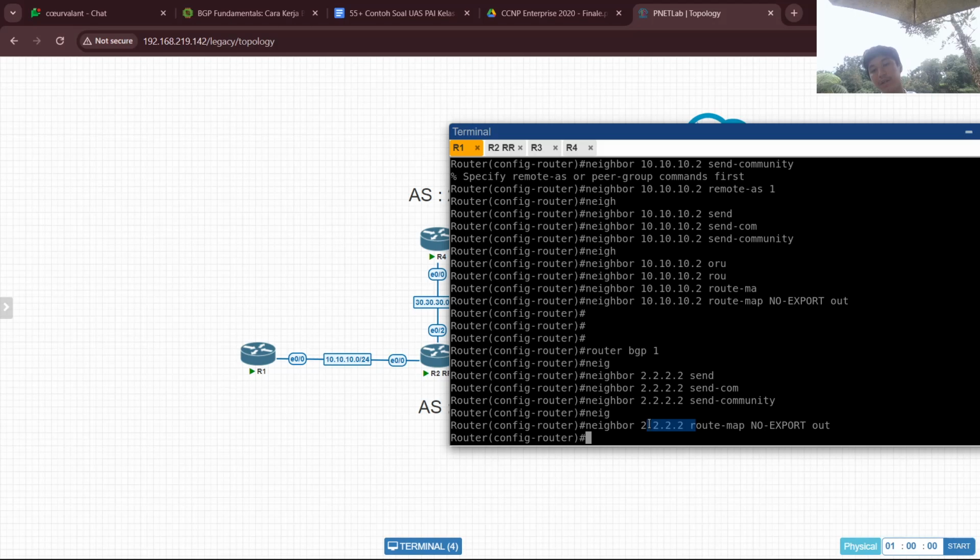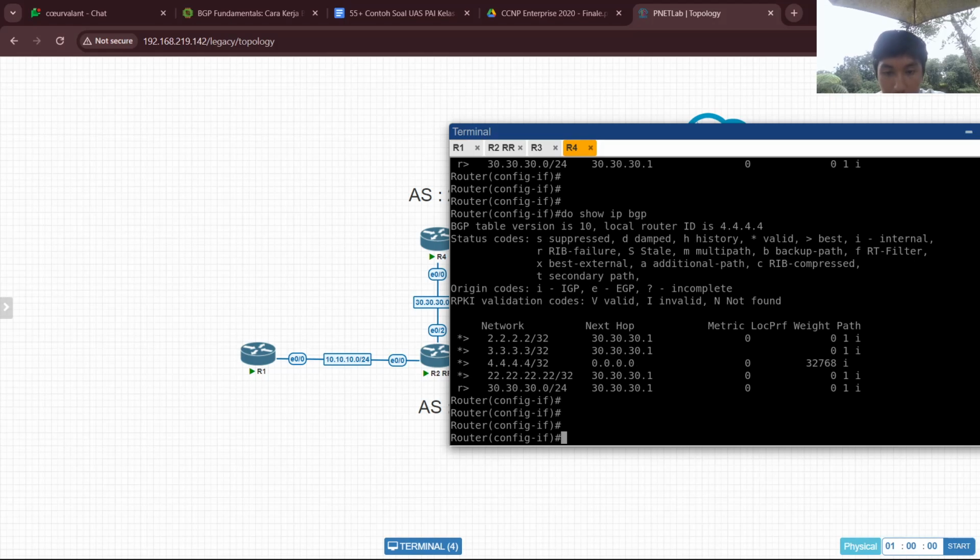Because we already used the update source loopback from the loopback 2, so it means we enable not this anymore, but this, because this loopback address from the router 2, this 2.2.2.2 address, is the route reflector address from the router 2.